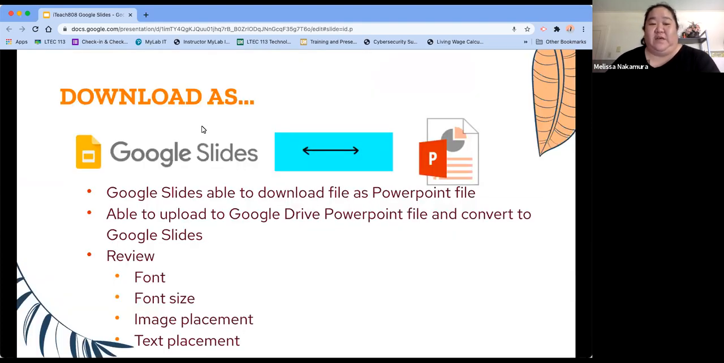So as I mentioned, you can download. The nice thing with Google Slides is that you can download Google Slides files as a PowerPoint. You're able to upload PowerPoint presentations to Google Drive and convert it to a Google Slides document. One thing I'd like to point out though, if you are going to be doing this conversion, with any conversions,